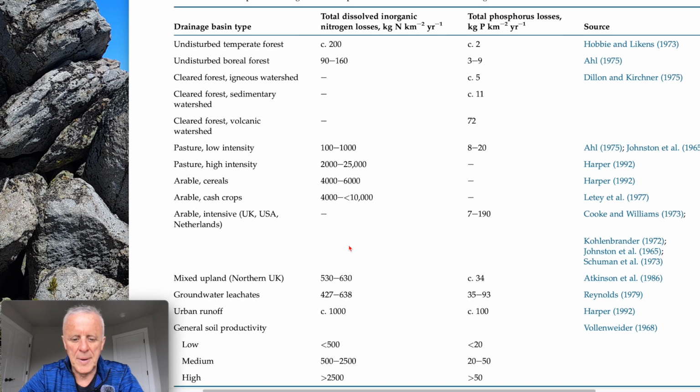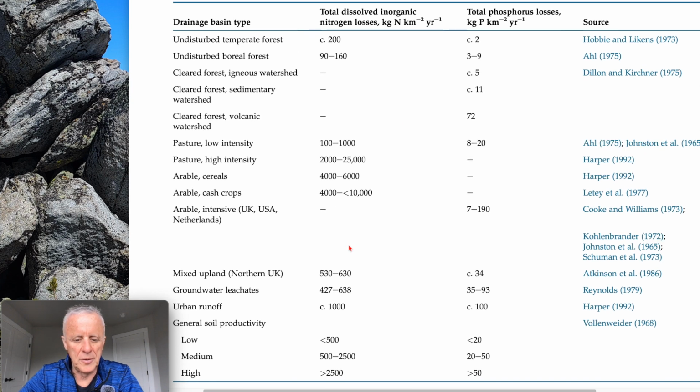On the other end of the spectrum, areas with low nitrogen losses would be undisturbed boreal forest and general soil productivity. So for soils that have low productivity, we don't have much loss of nitrogen, which makes